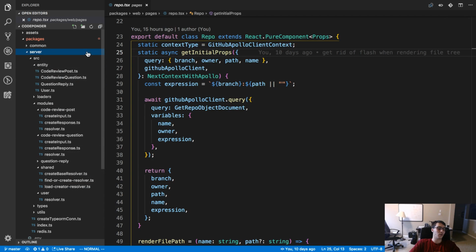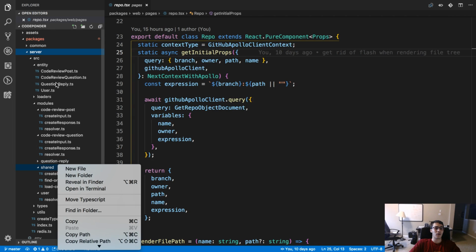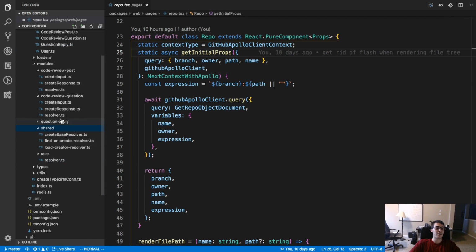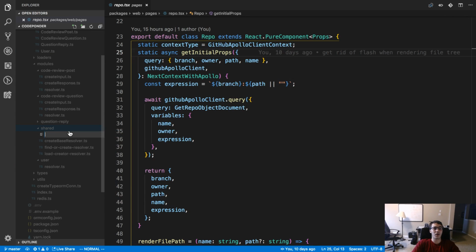So I'm going to add a new thing on the server where I can fetch a single post by the ID. I'm going to make this another generic resolver, which I'm going to call get by ID.